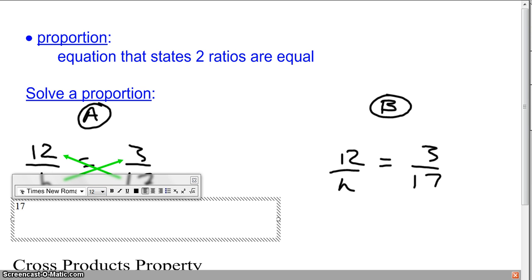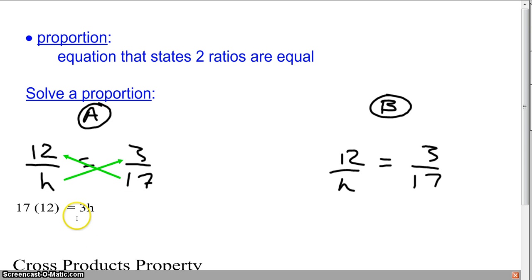17 times 12 equals 3h. Okay, and that's a little bit small. Let me blow that up. There we go. Okay, and so when we multiply 17 times 12,